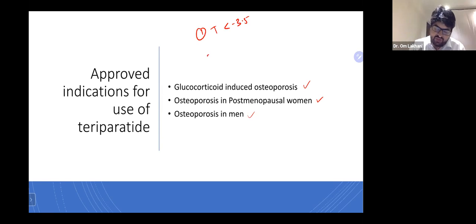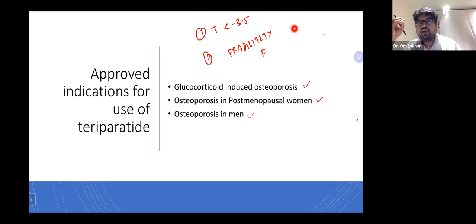Second, if the patient is already having osteoporosis and has a fragility fracture, okay, so this also becomes a severe osteoporosis. It is like the patient with heart disease who already develops myocardial infarction, then it is a more serious condition than the patient likely to develop myocardial infarction, right? So primary and secondary prevention. So if the patient already has a fragility fracture with osteoporosis, it becomes prudent to consider using teriparatide.